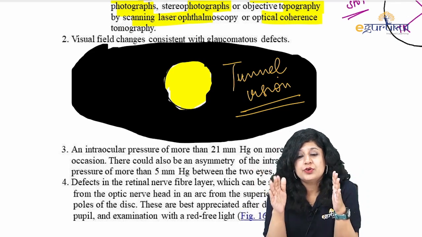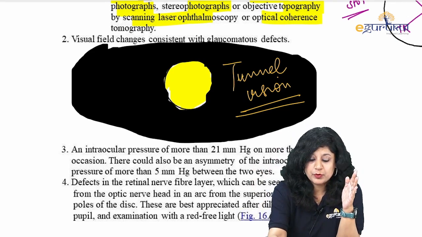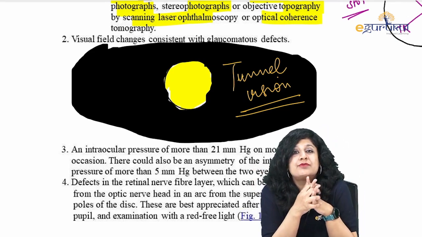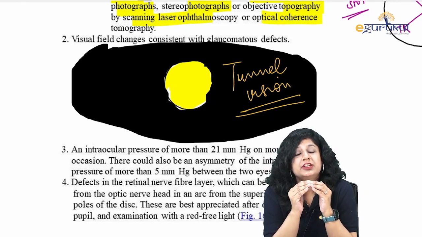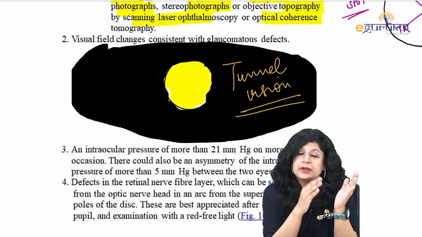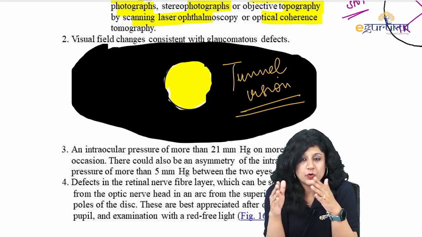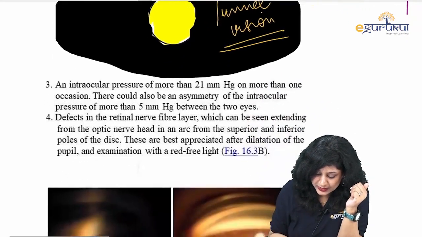So as you know, the visual field defects will progress. Obviously this person will have more and more central vision left, and it will come under the differential diagnosis of tunnel vision or tubular vision. So optic disc changes and the visual field defects will go hand in hand. Alright. Now next we move to the IOP.